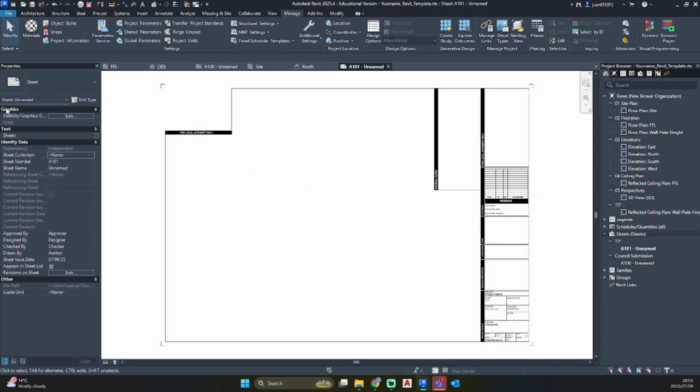You can go to your properties panel, by sheets, and we can say client review. And you'll see now the two title blocks has been split, one into council submission and one into client review.